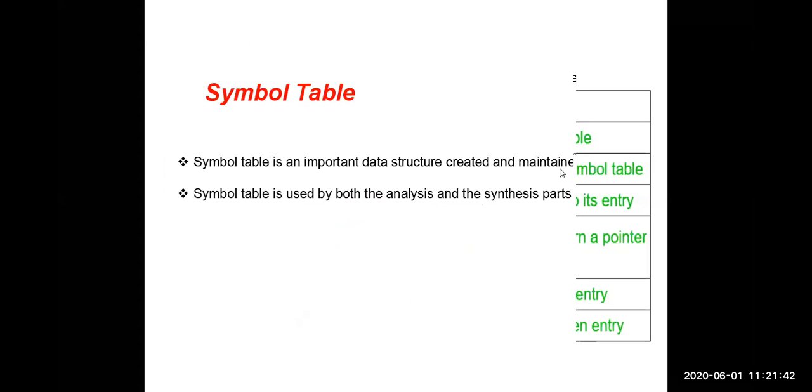In the future class, we have to know completely about this. By using those three different methods, how the symbol table is implemented, and how the operations are performed. And we want to know how the symbol table is used by the various phases: in which phase, how the symbol table is used. Those things we will learn in future classes. Clear? This is briefly today's concept of symbol tables.